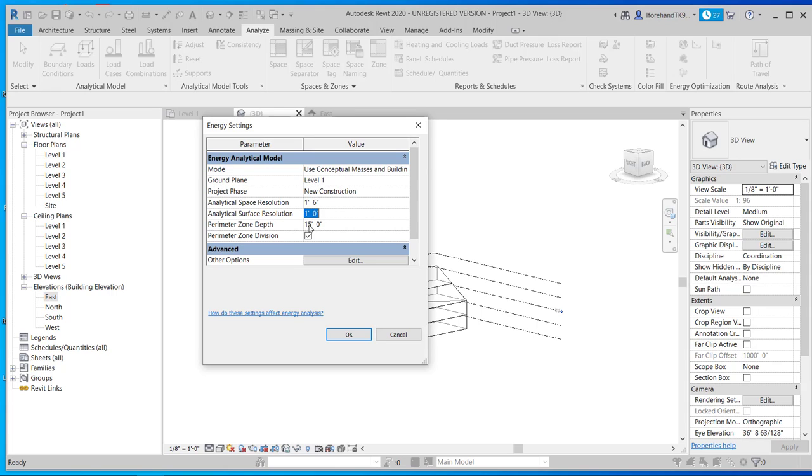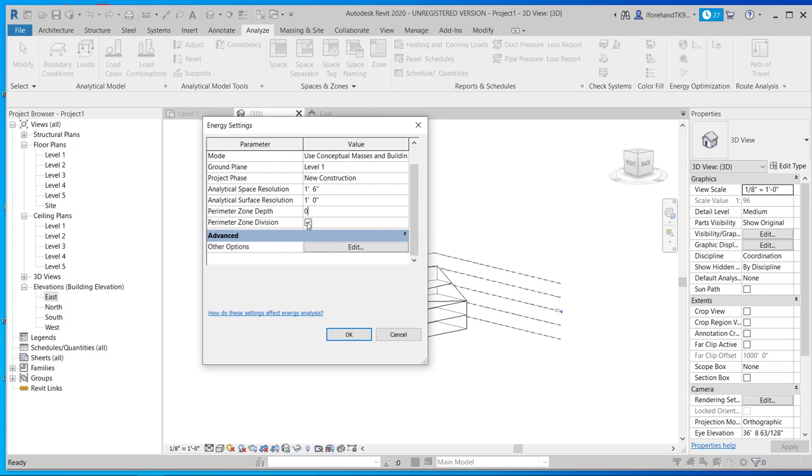So if the apartment was only 15 feet wide, and then it was a corridor, and then there was another apartment that was 15 feet wide, that would be a 15-foot perimeter zone depth. For me, I already know that these apartments are going to be split into 4 segments, almost like cutting bread, so I will have this at 0. And then perimeter zone division has to do with zoning for HVAC, and we don't really have that yet. So if you click OK,